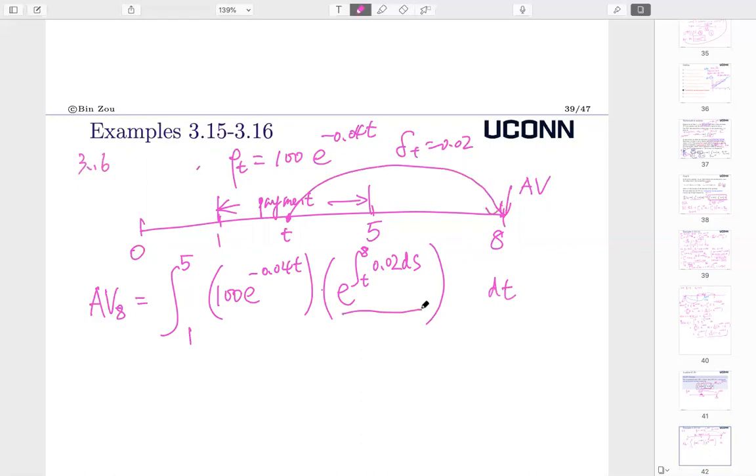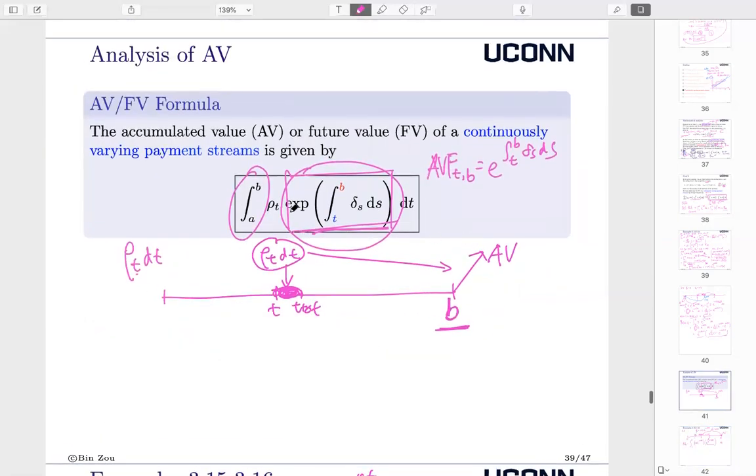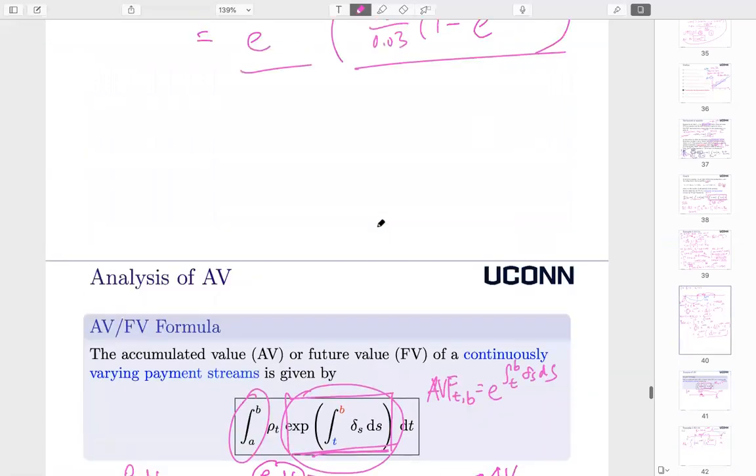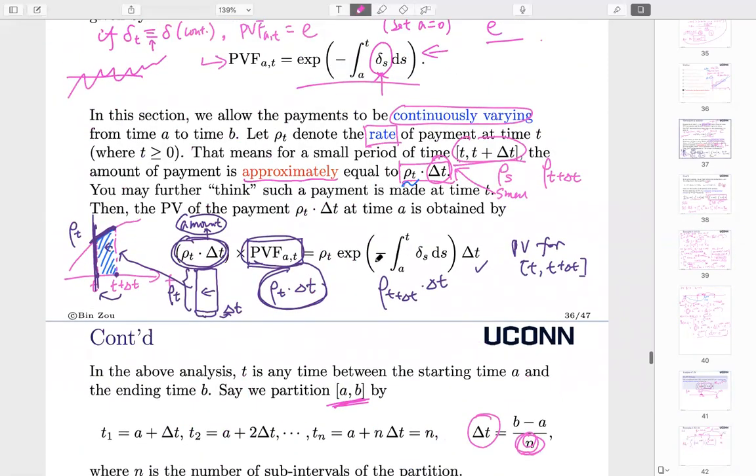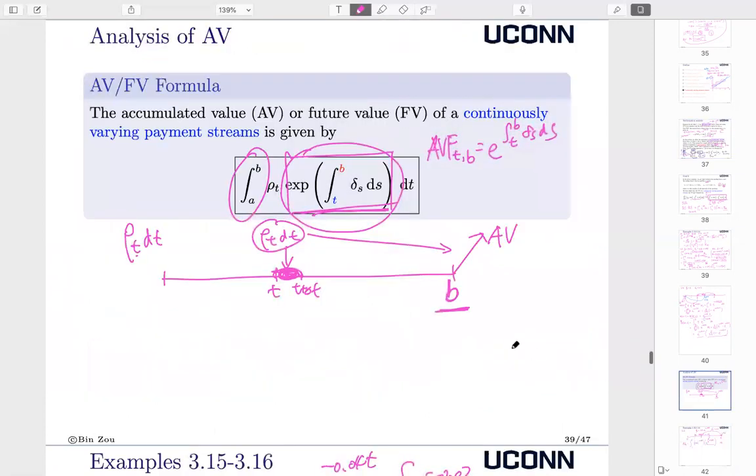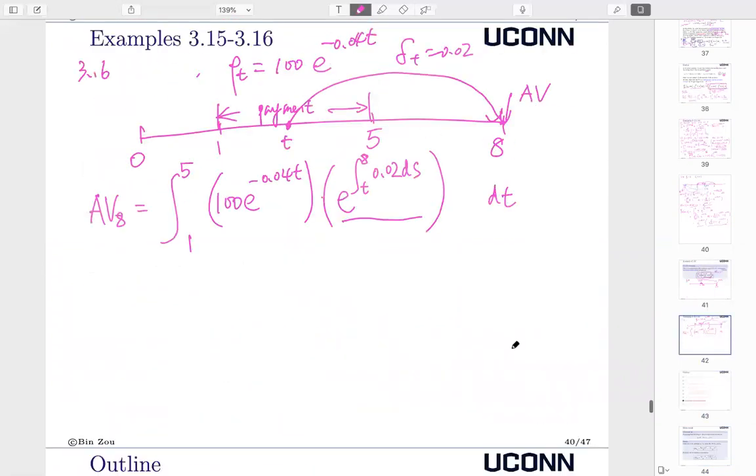So when I apply the exponential, it's going to be exponential of a positive rate. If I do discounting, it's negative. That's something I want to mention here. You see here is exponential positive. In the previous one, it's exponential negative. So negative means discounting, positive means accumulating, okay? So then